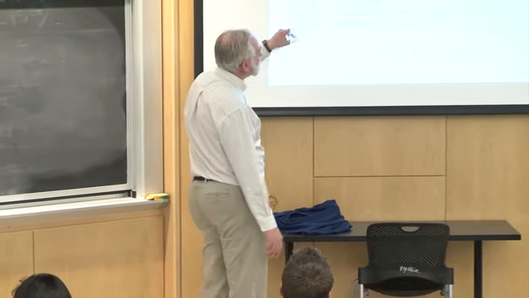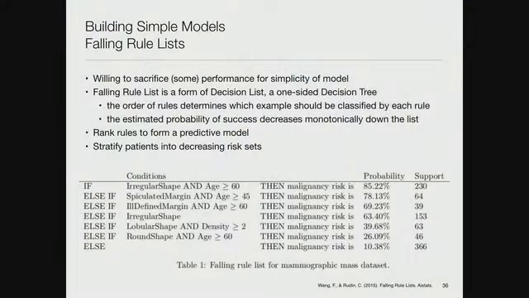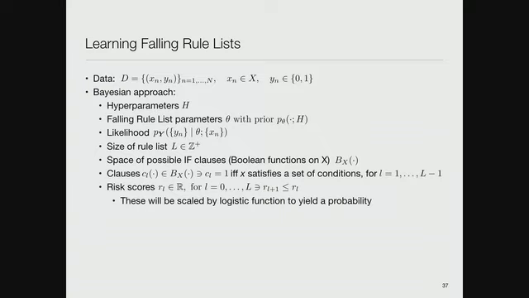Now, there are still some problems. So one of them is, notice some of these are age greater than 60, age greater than 45, age greater than 60. It's not quite obvious what categories that's defining. And in principle, it could be different ages in different ones. But here's how they build it. So this is a very simple model that's built by a very complicated process. So the simple model is the one I've just showed you.